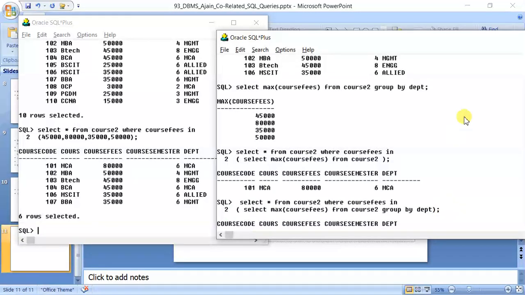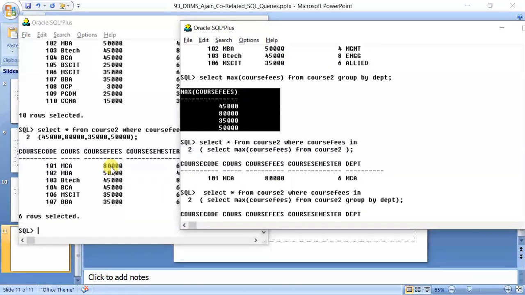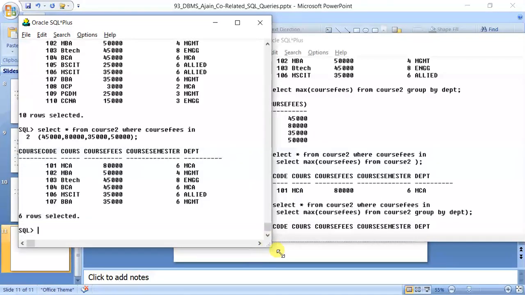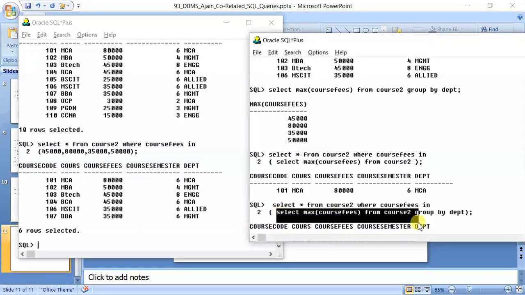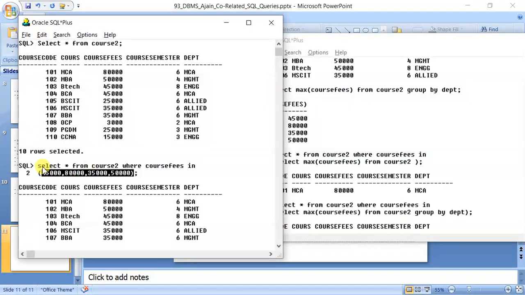So what I want to say is that when we were selecting max course fee from course2 group by department, four outputs were coming. It means that there are only four courses that have the highest course fees in their respective department. But then why is it not working here? The reason is that when this subquery resulted in these four values, this outer query was executed row by row.